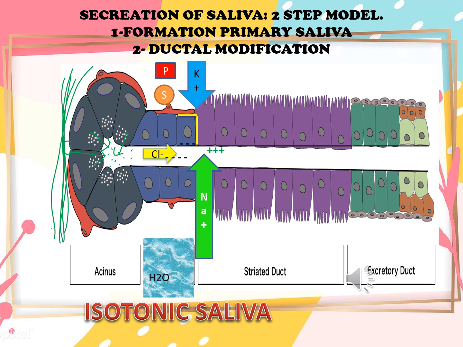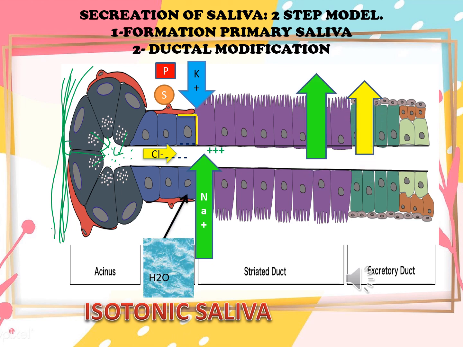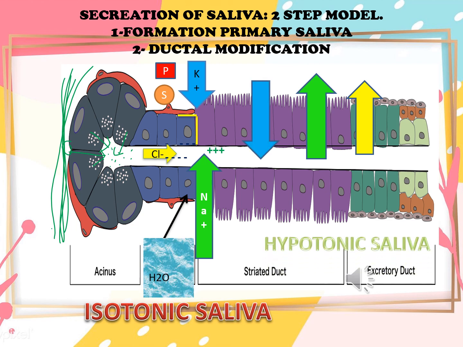and it will balance through its positive charge. Now these ions will again get reabsorbed in the ductal modification, like the potassium will be further added and sodium and chloride will have to leave the lumen. This cycle takes place along with the role of bicarbonates also, which we will study in detail in the next slide. But the saliva produced because of this ductal modification will be hypotonic in nature when compared to the plasma, and this hypotonic saliva is the one which is excreted out into the oral cavity, because of which the pH of saliva is around 6 to 7.